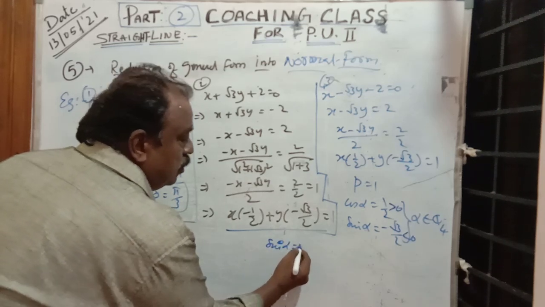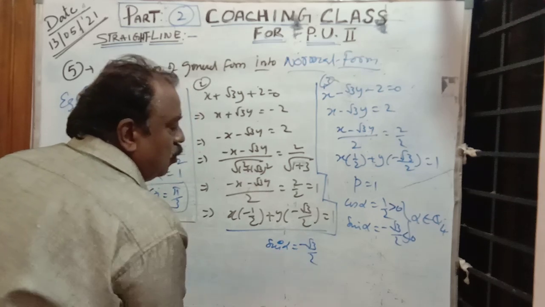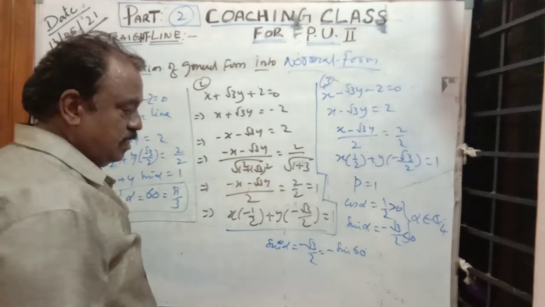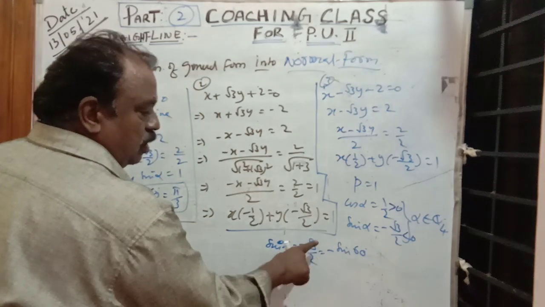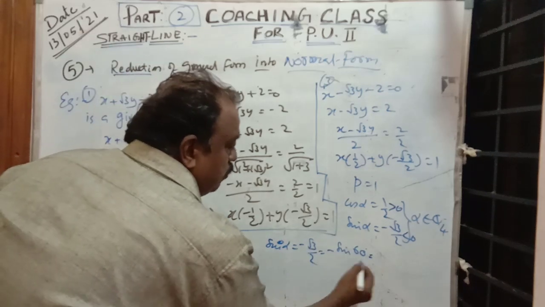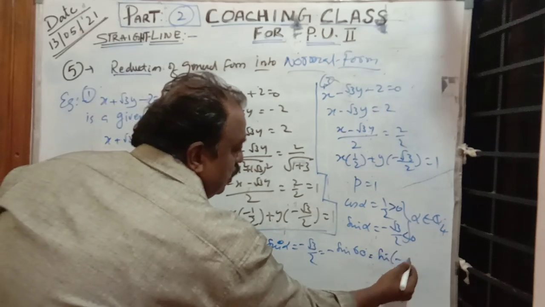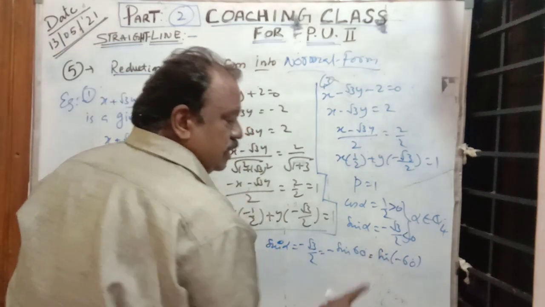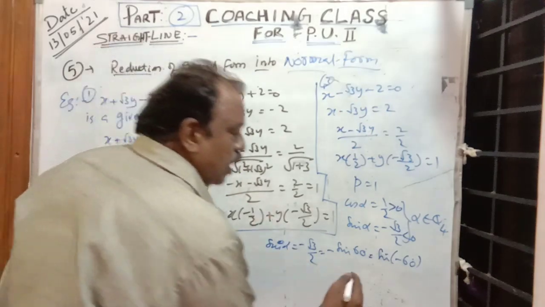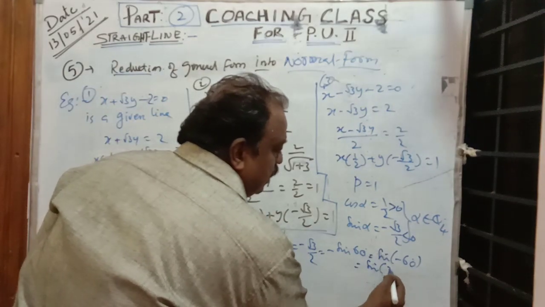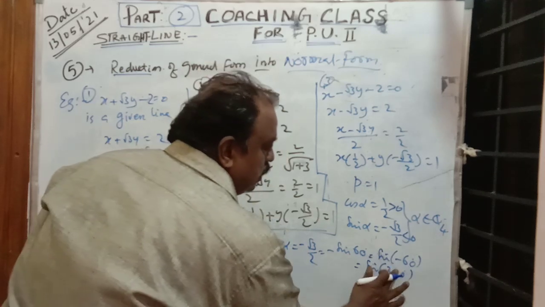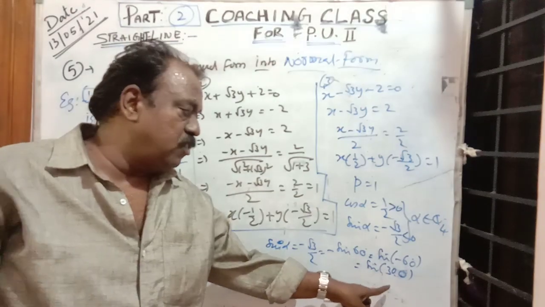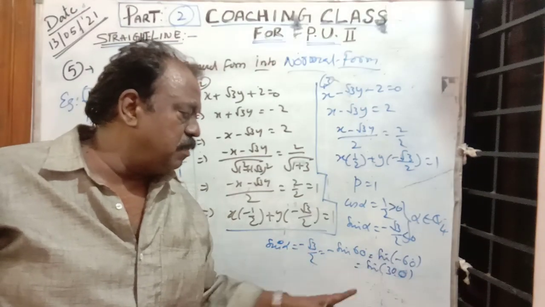Sin alpha is equal to minus root 3 by 2, that is minus sin 60 degrees. As usual, root 3 by 2 means 60 degrees. Minus sin theta means sin of minus theta. My negative angle is nothing but in the fourth quadrant. Or otherwise we may write it as sin 300 also. 300 means 360 minus 60. These are all trigonometry, easily we can understand.